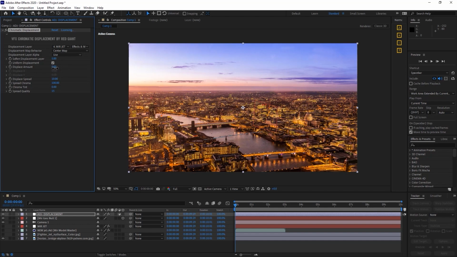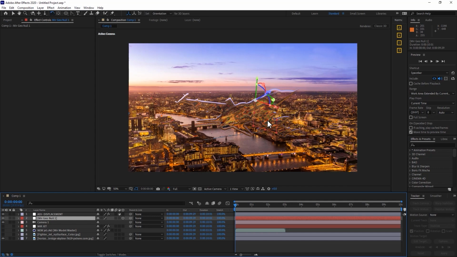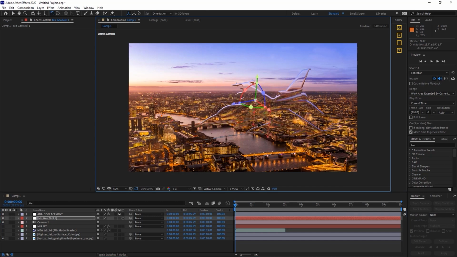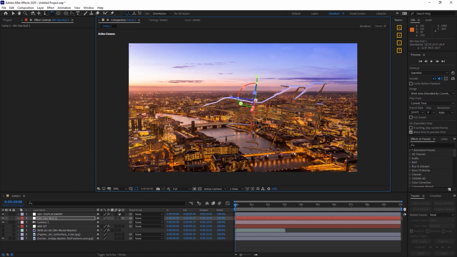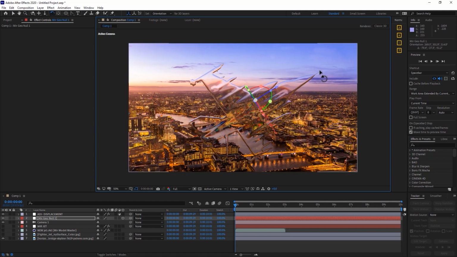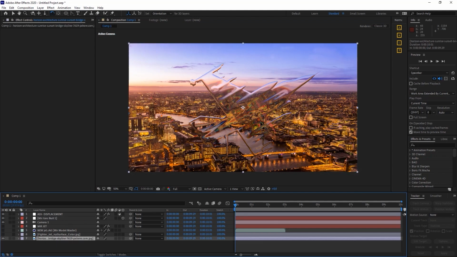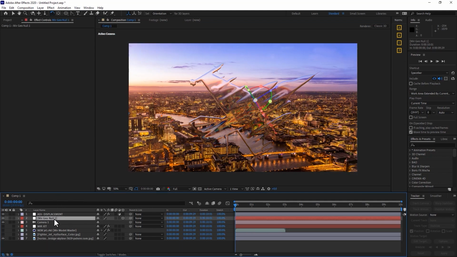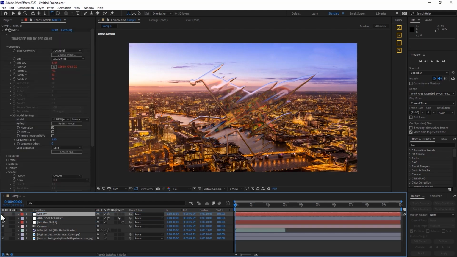And now Chromatic Displacement will use that mirror layer for displacement. So as I turn up the displacement amount, look at this. I get this pretty displaced jet that is displacing everything behind it. And if I grab my 3D controller null, you can see I can rotate all around this beautiful glassy looking object. And I love being able to control this 3D object right here within After Effects and getting such a pretty result. And really this is just this horizon pretty image behind, and this mirror layer, I can turn that back on just so we can remind everyone what it looked like